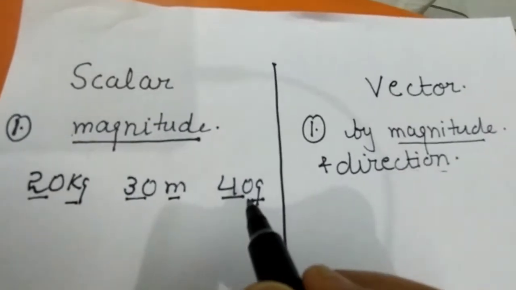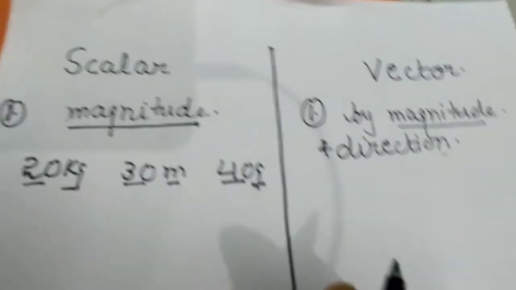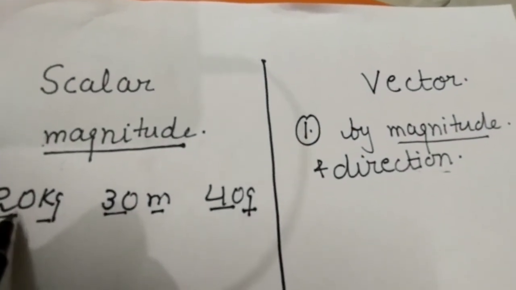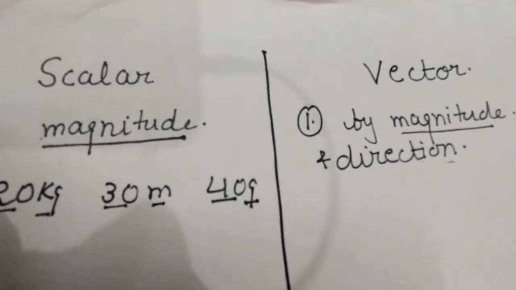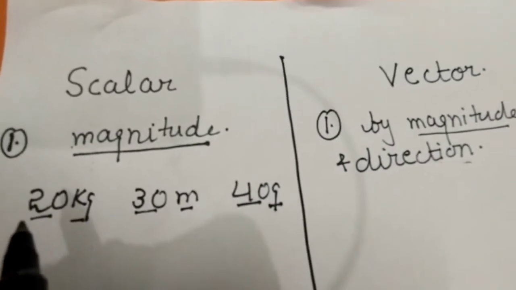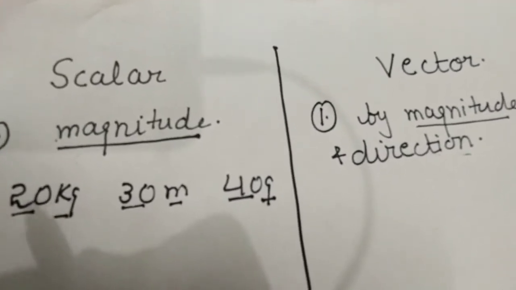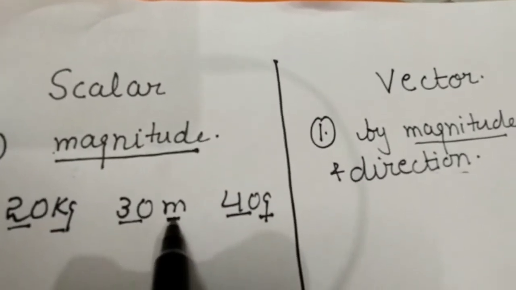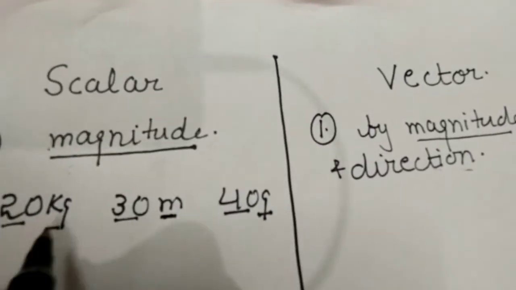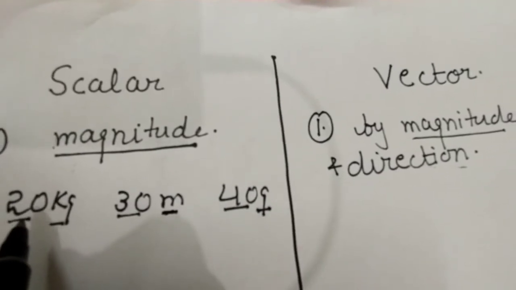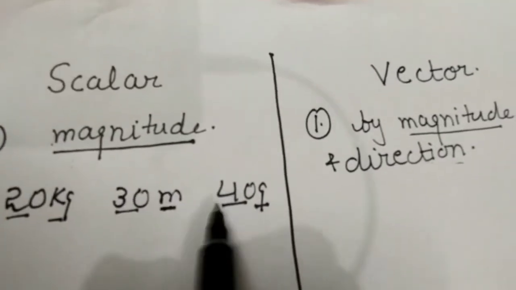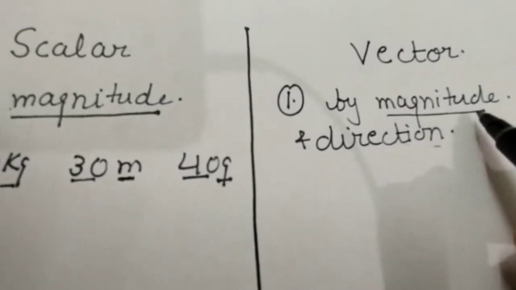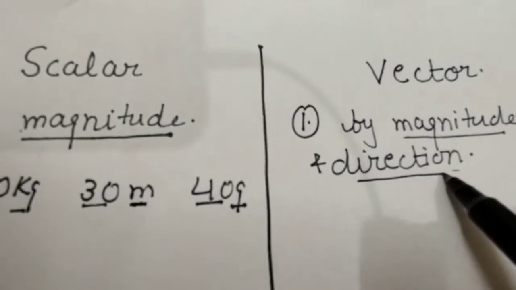For example, if we go to a shop and ask the shopkeeper for sugar, if we tell him that we require 20 sugar, then he will not be able to understand about 20 sugar. So we have to mention to him that we require 20 kg sugar. So these are the units which are required to define the numerical values. So these are the magnitudes which we say, and here vector is represented by magnitude as well as direction.